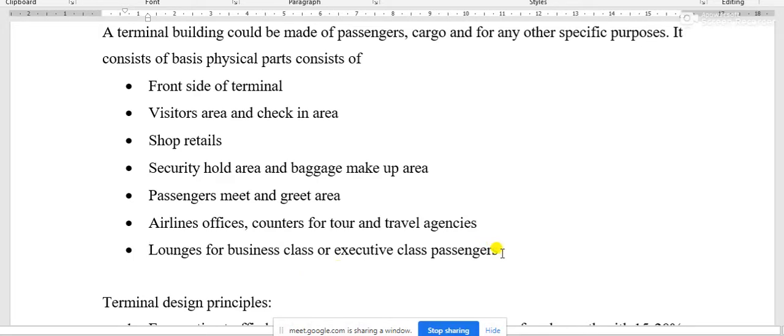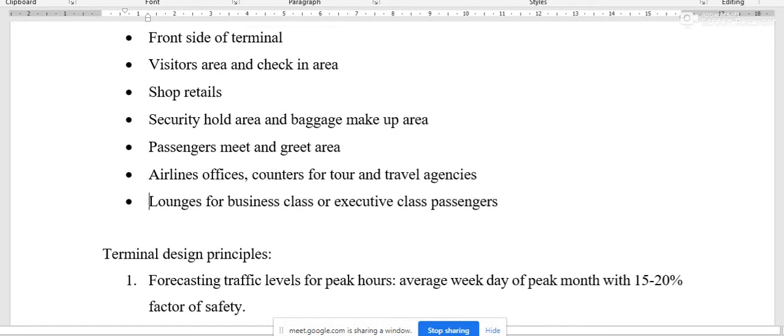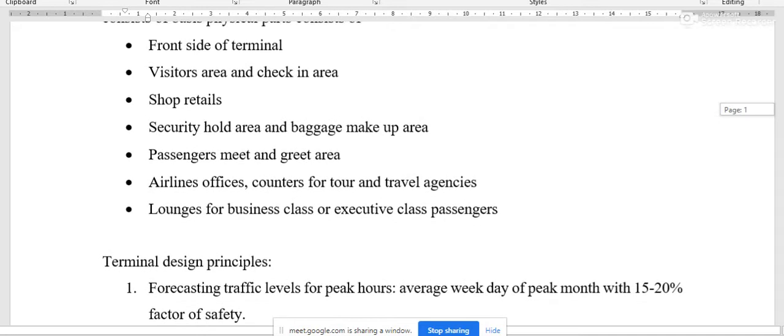These kind of services are nowadays mandatory for any airport, because I have just discussed that these types of executive and business class aircraft are used not by ordinary people but by extraordinary people or rich people, so executive lounges for business class and all those classes must be provided in the terminal building.